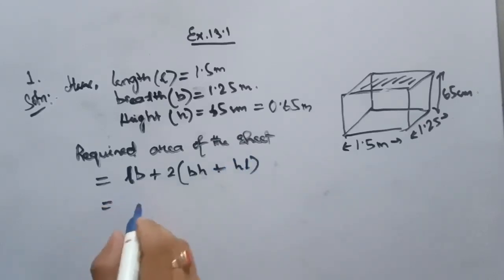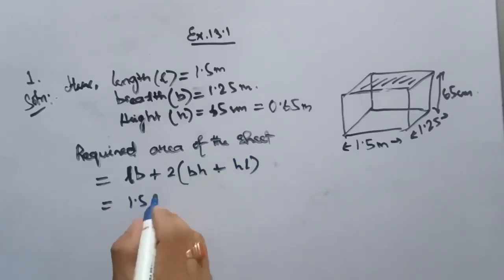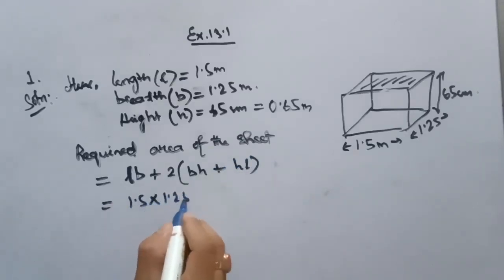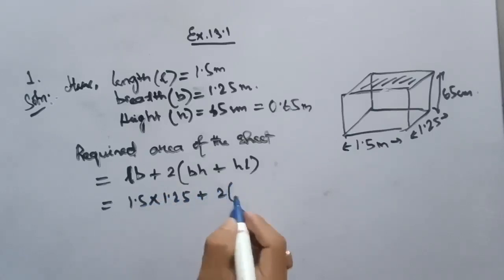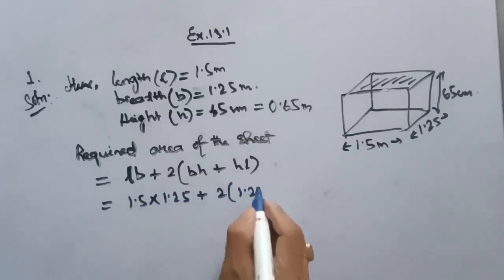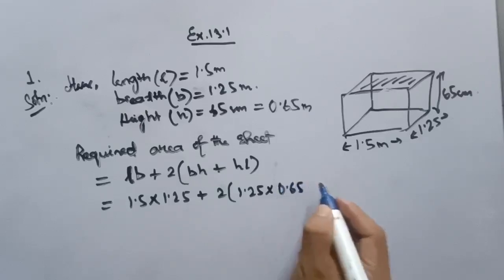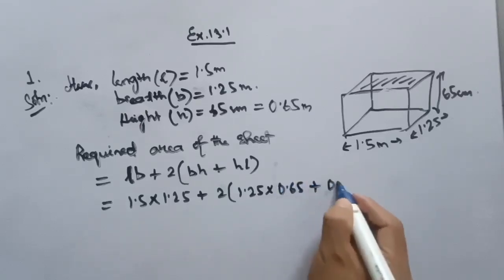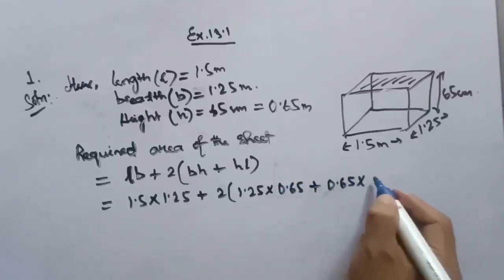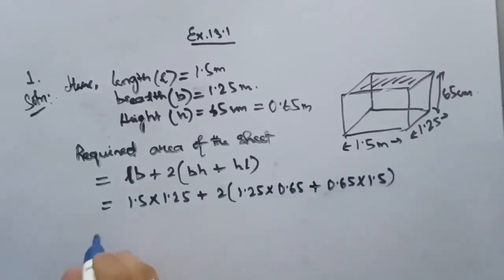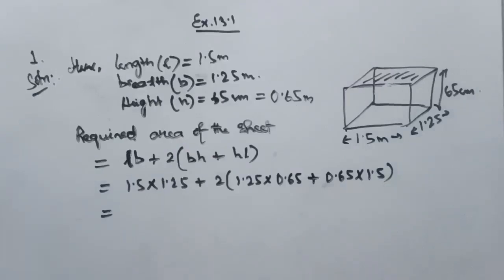This is equal to, our length is 1.5 into breadth is 1.25 plus 2 times breadth is 1.25 into height is 0.65 plus 0.65 into length, that is 1.5. This implies, this is equal to